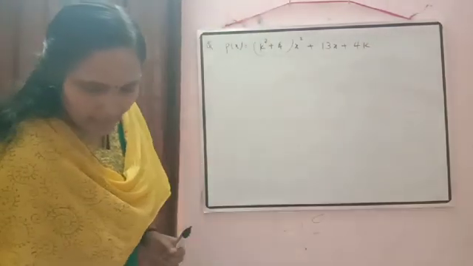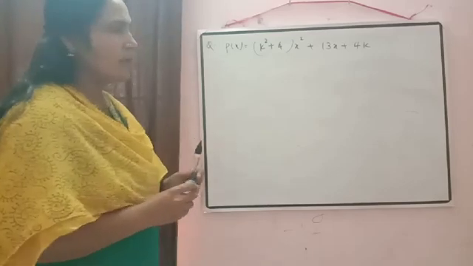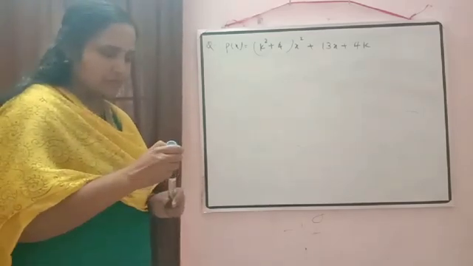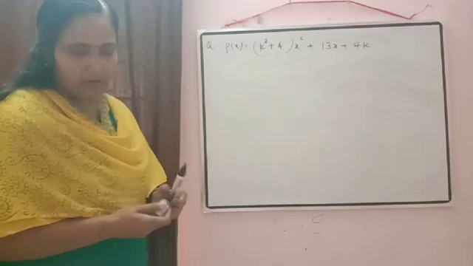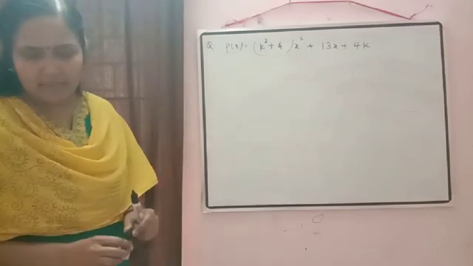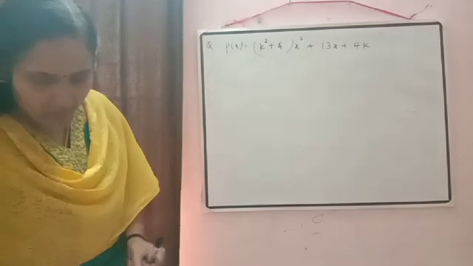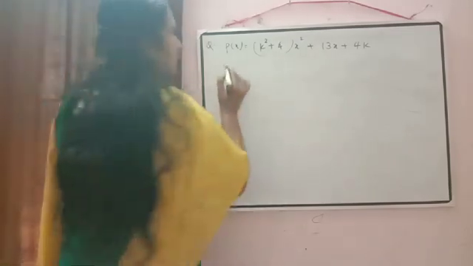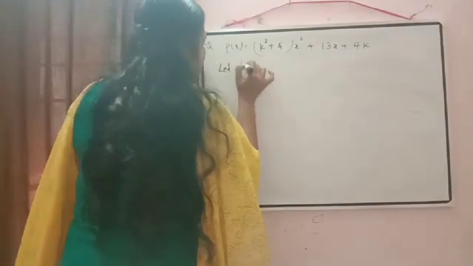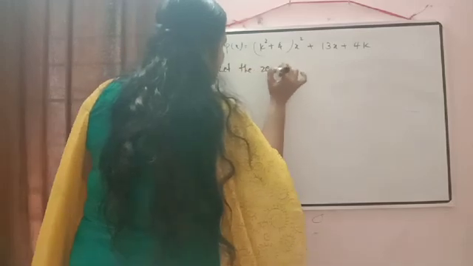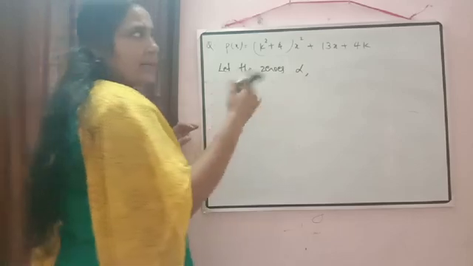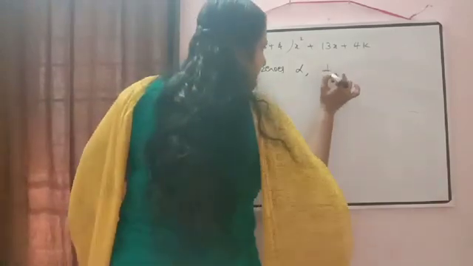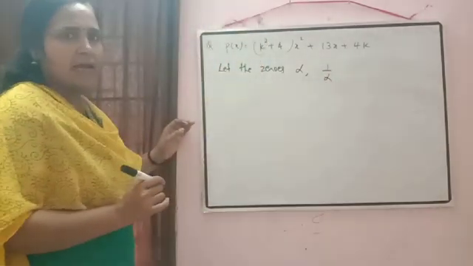It is given, as you can check, it is a quadratic polynomial, it will have two zeros and they are saying one zero is the reciprocal of the other. Reciprocal means, yes, multiplicative inverse. So let the zeros be, we will write down directly, let the zeros be. If one zero is alpha, what will be the other one? Reciprocal of alpha. So that will be equal to 1 by alpha.